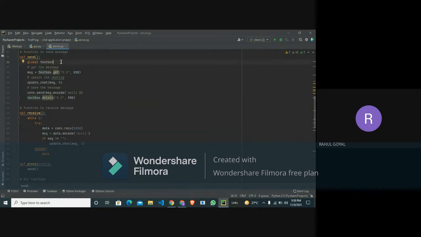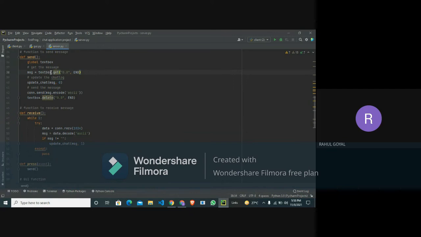You can see that we declare the global variable text box, and text box.get is used to collect our whole message, where 0.0 is the starting point and end is the last point of our message.